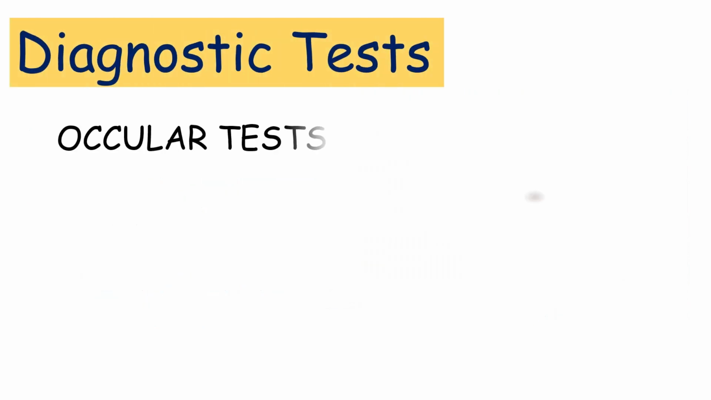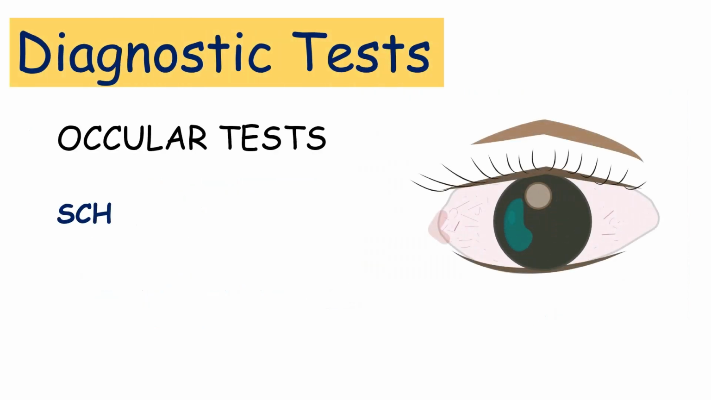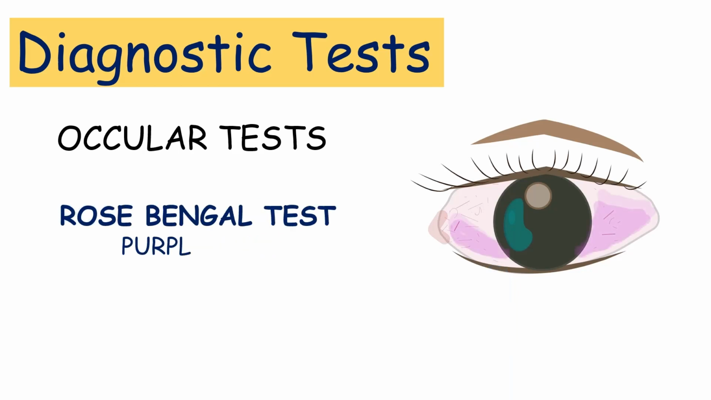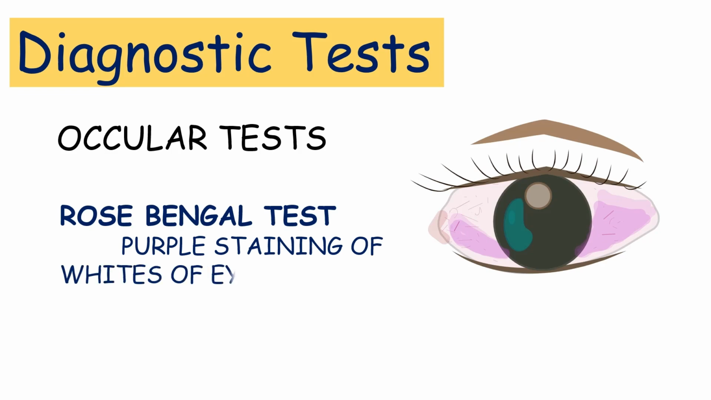Among many of the diagnostic tests, the ocular tests include Schirmer's test, where a sterile strip is placed between the lower eyelid and the eye, and a value of less than 5 mm in 5 minutes is considered diagnostic. Whereas in the Rose Bengal test, the purple staining of the whites of the eye can be considered a sign